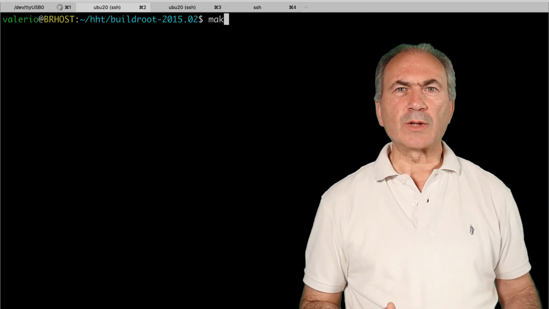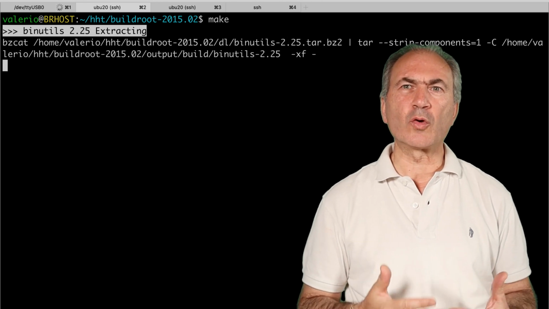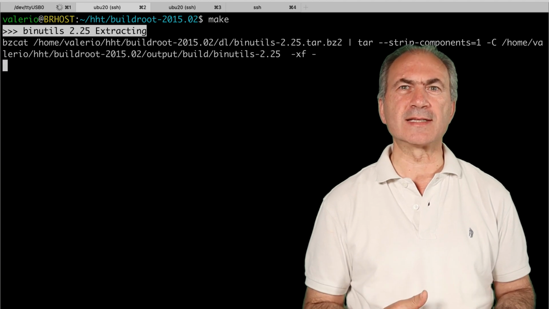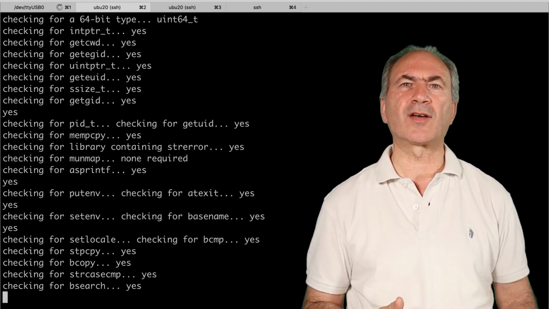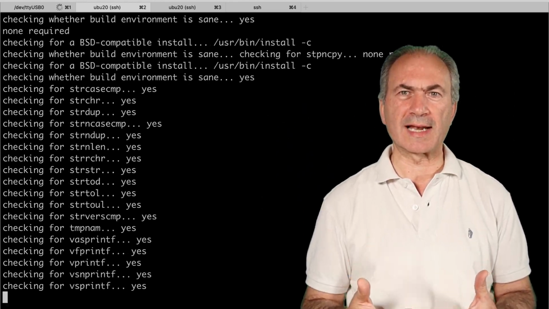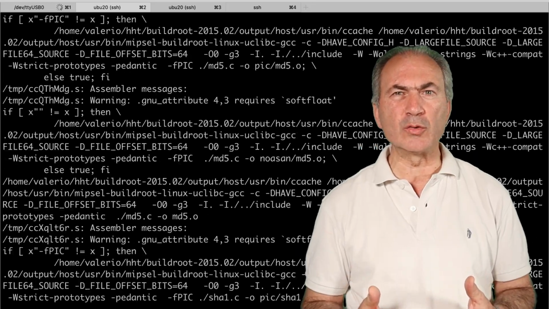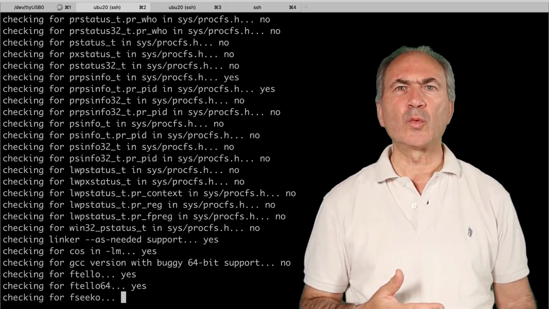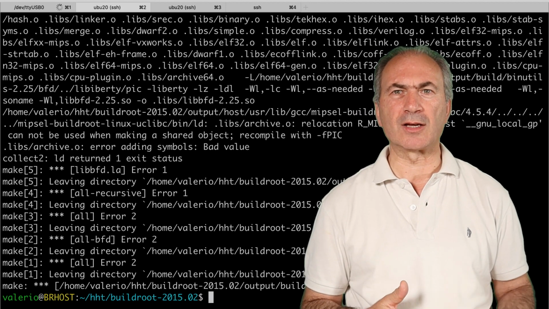We are now ready to type make to build everything: to build the toolchain used to compile the kernel and everything that goes in our root file system, to build the kernel, the muslibc library and all other libraries and packages we have selected, to create the root file system image that will be used by QEMU. Unfortunately, typing make now, we will receive compiler errors when compiling some packages.